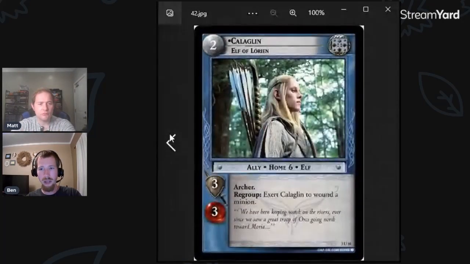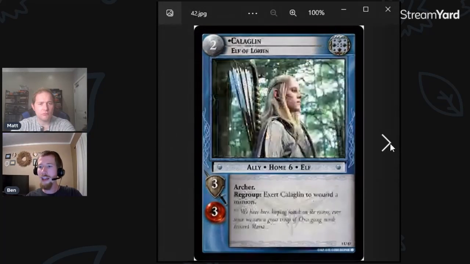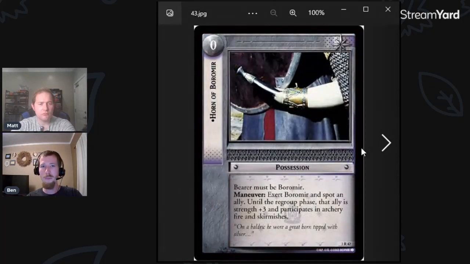So there are these really powerful Site 6 elf allies, and Galadriel just really benefits them. And allies in general benefit from this; it's kind of a sidebar strategy. You can build a deck around a card like this, Horn of Boromir. He lets allies go out and fight on sites that are not their own home sites. And there are other cards for this, like One Who Men Would Follow, Swanship of the Galadrim, et cetera, et